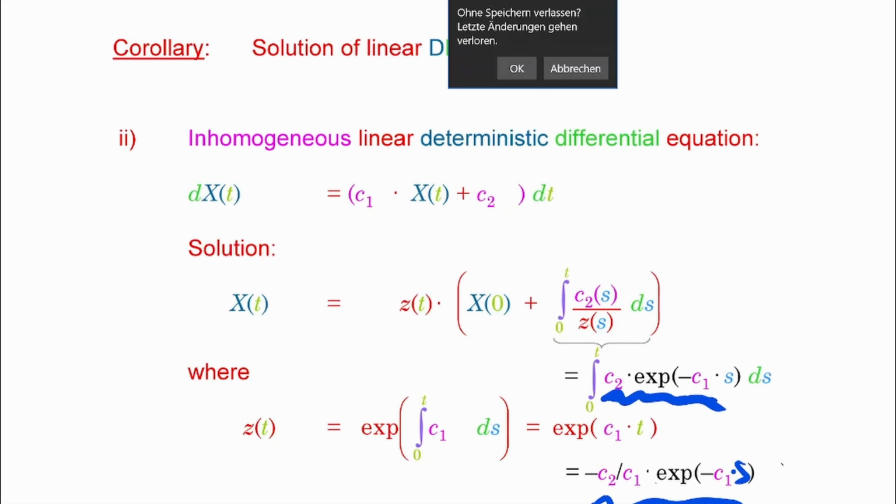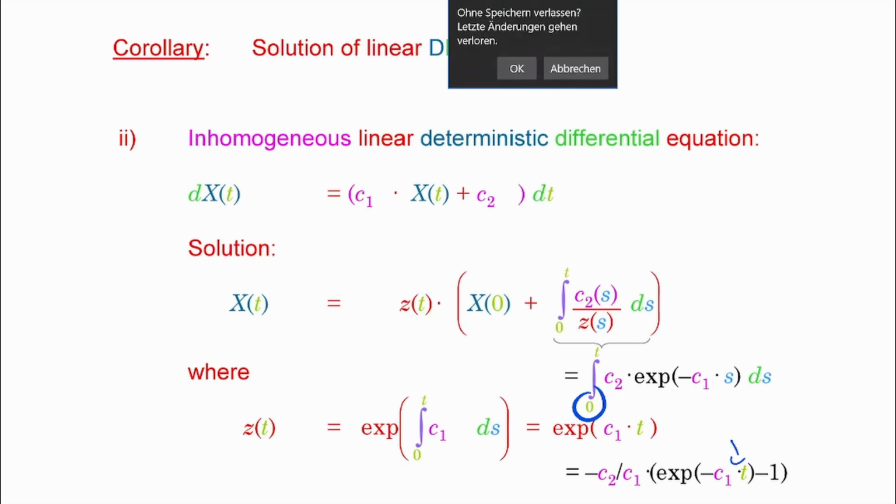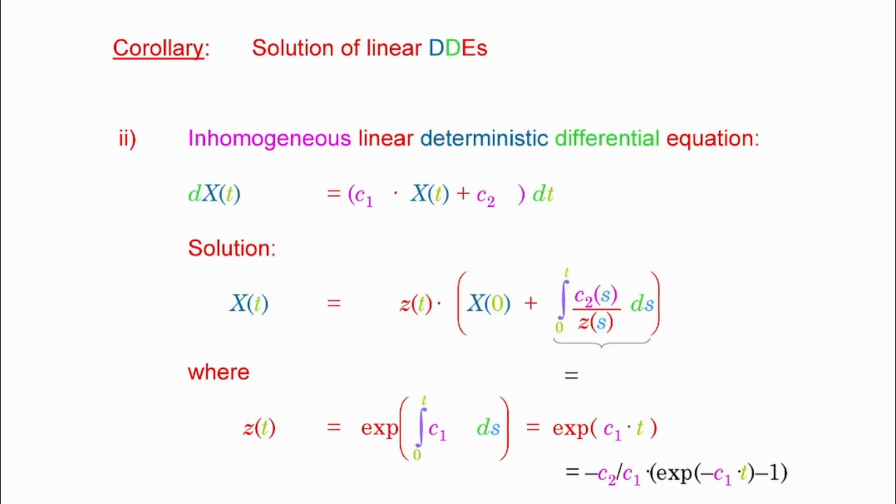Now, if you put in t, the upper endpoint, you get e to the power of negative C1 times t times the constant, which is the function at the upper endpoint. Then minus 1 is the result for the other endpoint, because if you put the lower endpoint in here, you get e to the power of 0, which is equal to 1. That is the antiderivative at point 0. You would still need to multiply that by the constant, by the way. Okay, so I'm done. This is equal to this integral.